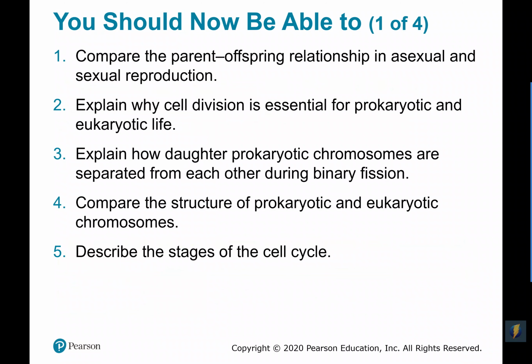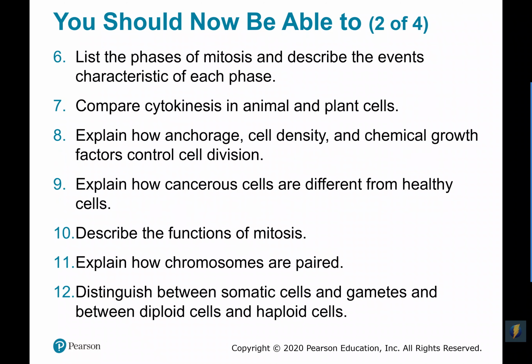So in terms of summarizing the chapter, you want to be able to compare and contrast asexual and sexual reproduction, explain why cellular division is necessary, the whole cell theory again, explain the process of binary fission, compare the structure and function of the eukaryotic chromosomes versus the prokaryotic chromosomes, describe the stages of the cell cycle, describe mitosis and the events in each of the phases of mitosis, compare cytokinesis in plant and animal cells,